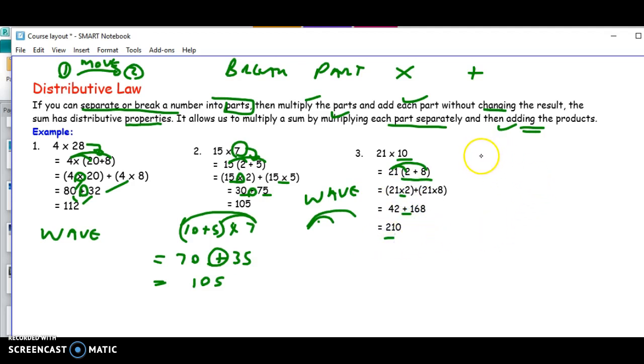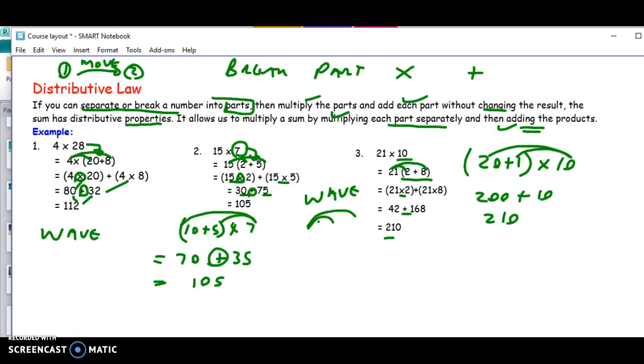Again, I would have broken this up into 20 plus 1 times 10 because it's easy. 10 times 20 is 200 plus 10 times 1 is 10, so it's 210. So this makes it very easy for us to do the calculations without a calculator, and it's called the distributive